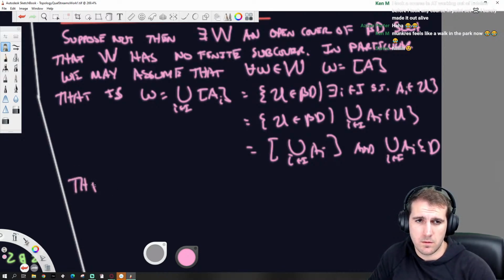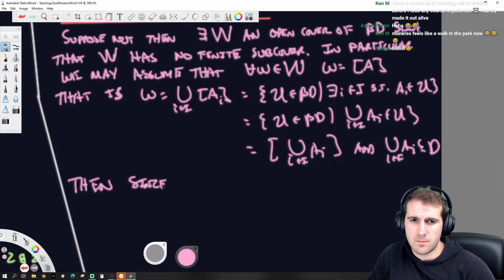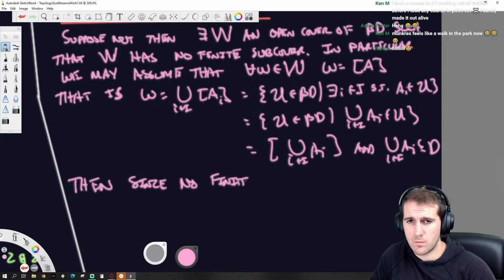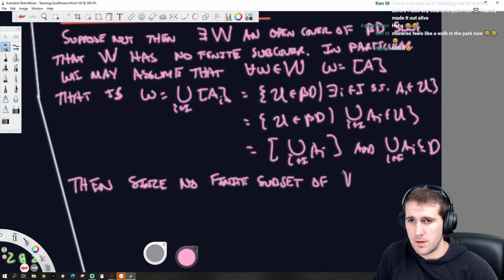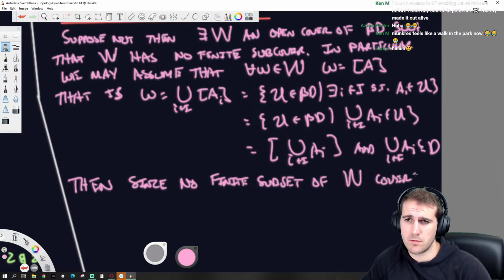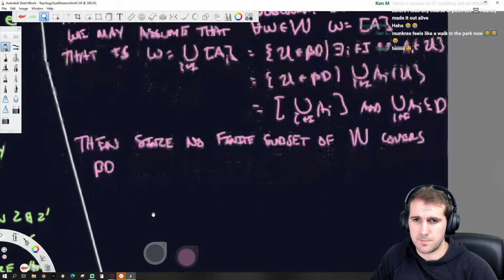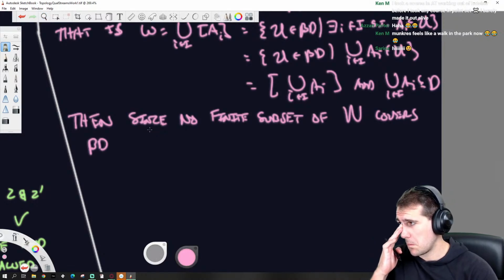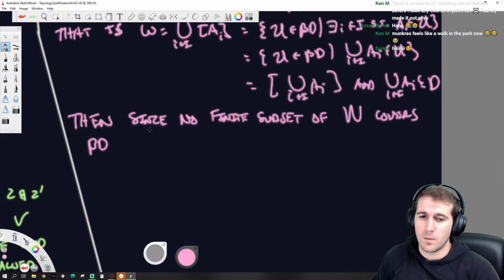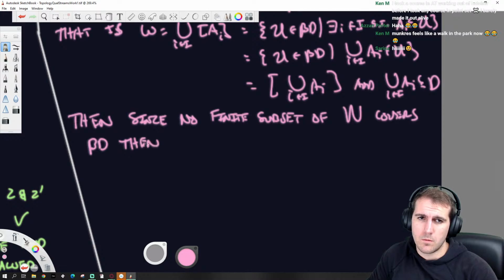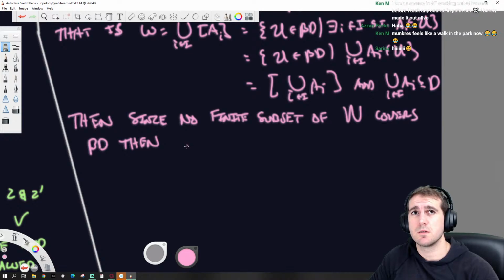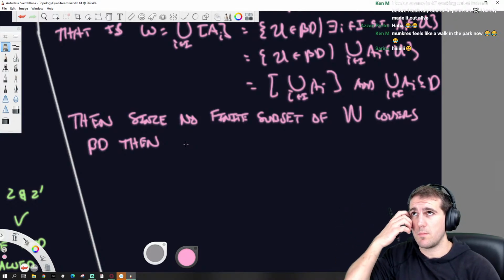So then, since no finite subset of W covers beta D, the union of these makes bigger and bigger stuff, but they never cover in a finite amount of time.